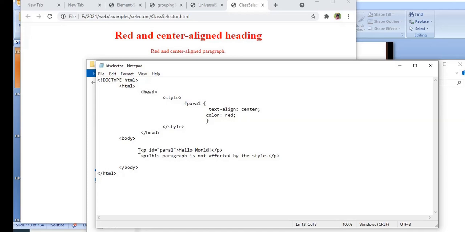Now I am going to apply the style only for the tag where I specified the ID. So you need to specify the style using that ID name, and it should start with a hash, followed by the ID name, para1. Whatever value you give for the ID, you specify that, followed by the style for that text.